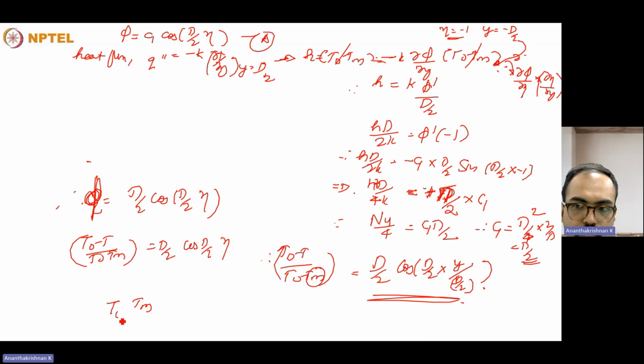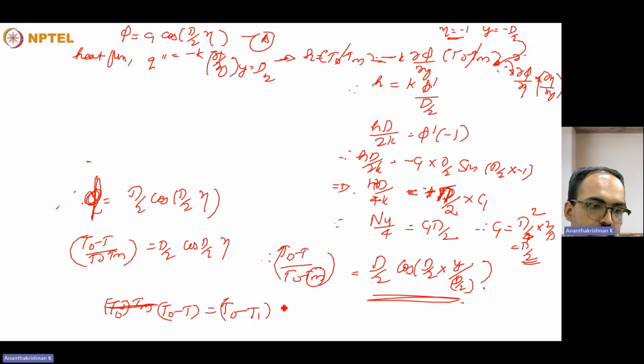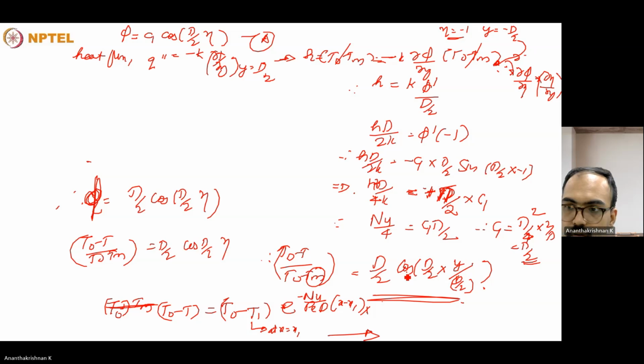So that will be equal to T0 minus T is equal to T0 minus T1. So T0 minus Tm is equal to T0 minus T1 at x equal to x1 into e raised to minus of Nusselt number divided by Peclet number into x minus x1. So that will be the temperature profile multiplied by this particular value, d by 2 into